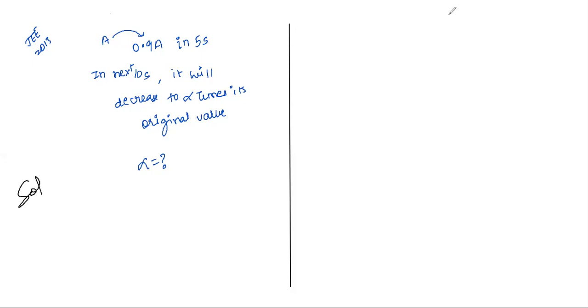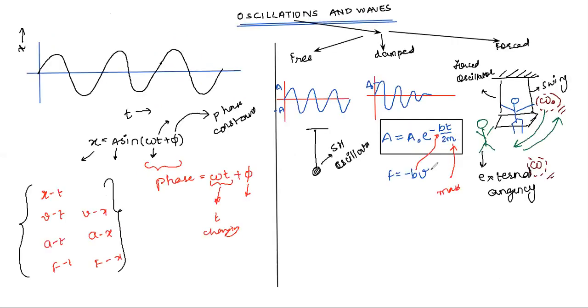So we substituted in the formula. Yeah, go ahead. What's the formula? This is a damped case. This is a damped oscillator. So first of all, classify which case we are talking about: free oscillator, damped oscillator, or forced oscillator. This is the case of damped vibration. See the formula?